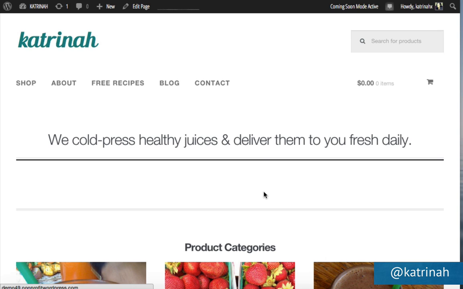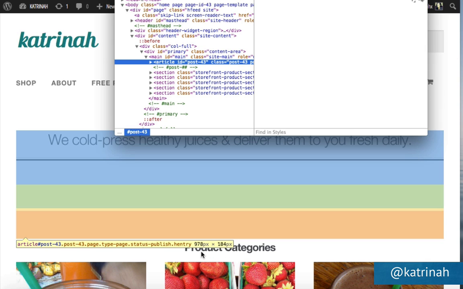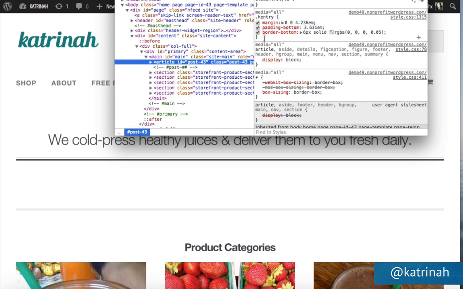So next up, let's remove some of this white space between the title and the beginning of the product categories. To do that, once again, I'm going to hold down the Control key on my Mac and click the mouse. If you're on a PC, you can right-click your mouse to bring up this panel, and then I'm going to go directly to Inspect Elements and click on that to open up Inspect Elements. Here we can see it goes directly to the section right over here that we need to adjust.